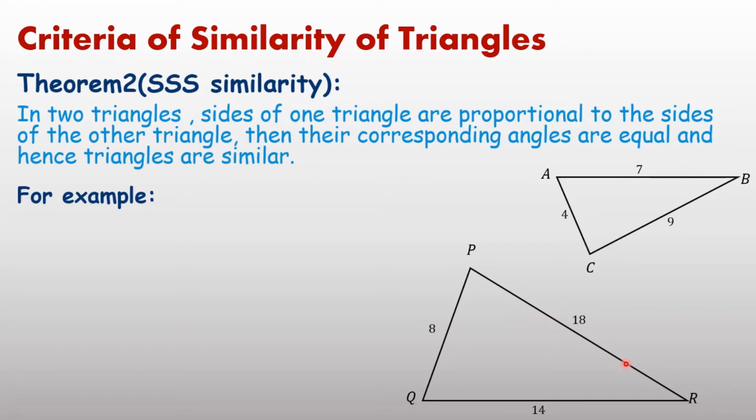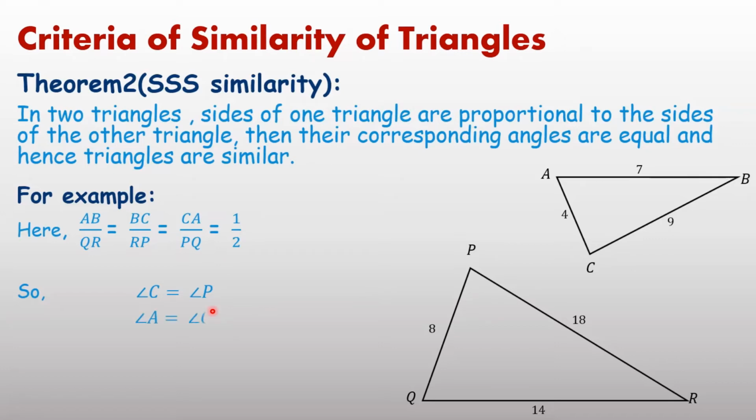It implies the corresponding sides in these two triangles are AC and PQ, BC and PR, and AB and PQ. Now these sides are in the same ratio. It implies we can write the ratio AB upon PQ equal to BC upon RP equal to CA upon PQ equal to 1 by 2. If the ratio of corresponding sides is equal, then you can say both triangles are similar. And if triangles are similar, it means corresponding angles are also equal.